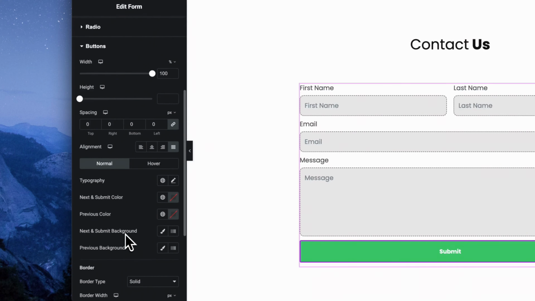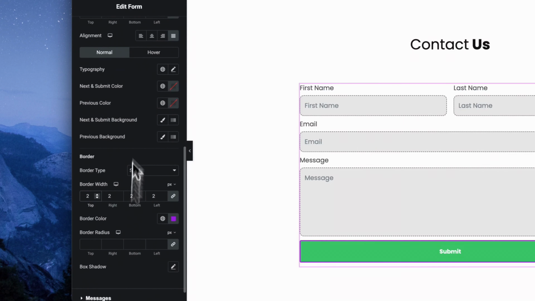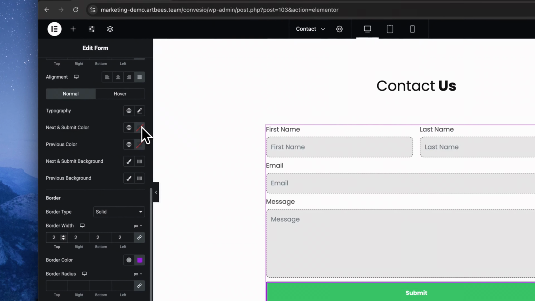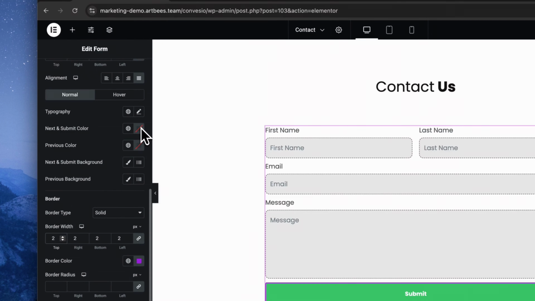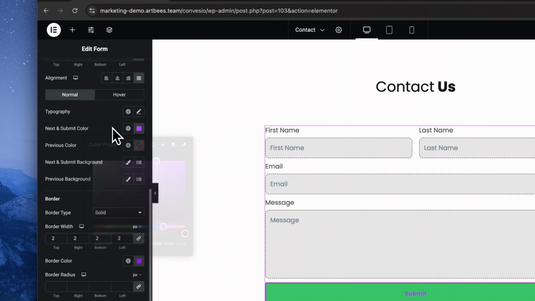What else in our form do you think could use a polish? Let's change the Submit button's text color. Gonna go with the same nice violet as the borders. I think a green background with a violet border doesn't look great on a button.